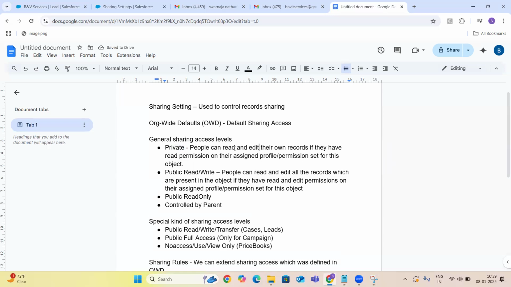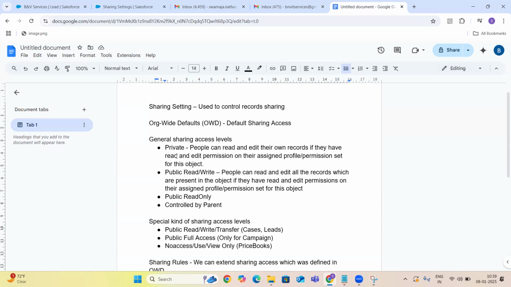They can read and edit their own records if they have read and edit permissions on their assigned profile. The only difference between private and public read write, guys, is this: whatever permission you have at the profile level, you can do that respective operation only.